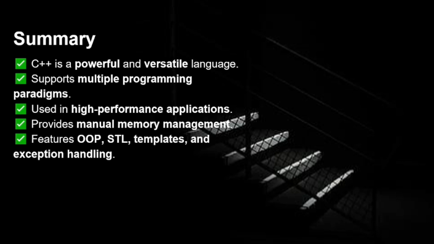Summary: in the last slide, we are going to discuss the summary. C++ is a powerful, versatile language. It is powerful compared to other languages, and it supports multiple programming paradigms and multi-threading, multiple tasks at the same time. It has higher performance and higher efficiency than other languages, and manual memory. What does manual memory mean? Manual memory means that we can get access of